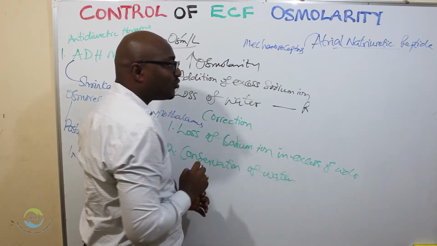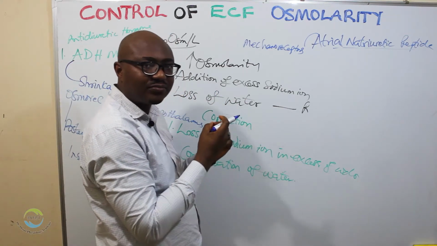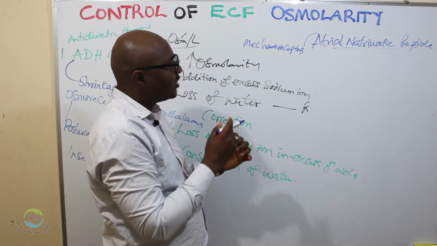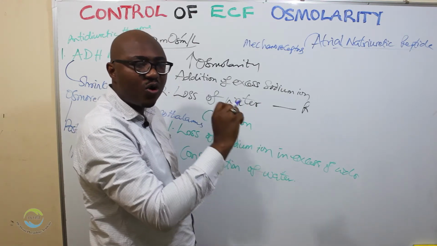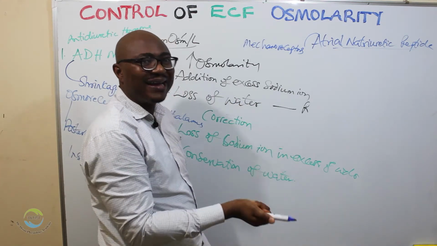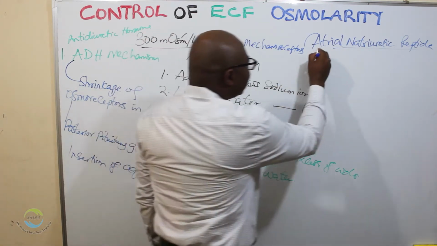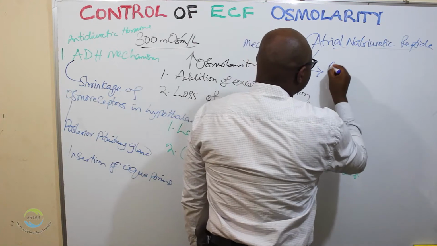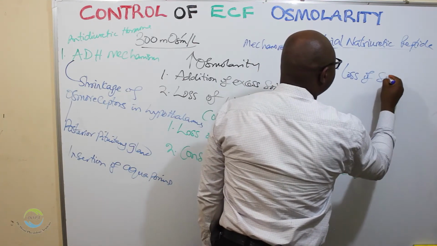So this atrial natriuretic peptide goes to the kidney to do what? To lead to increased loss of sodium and by default, loss of water. So this leads to increased loss of